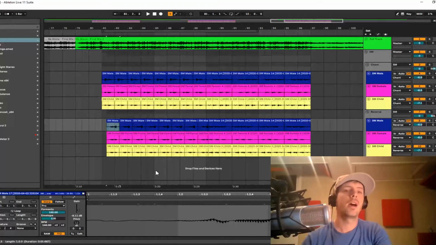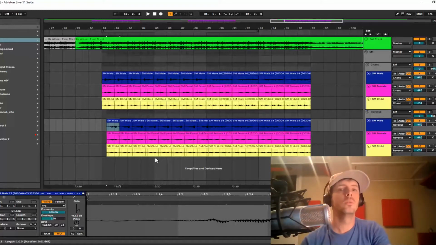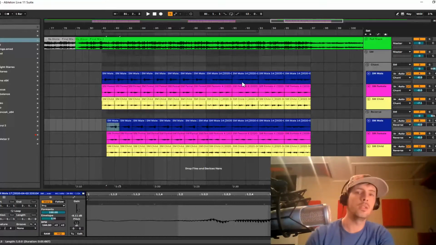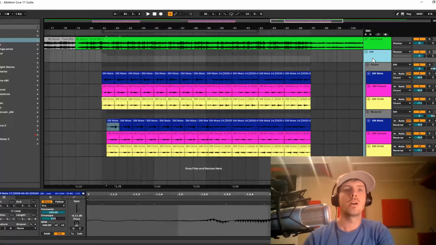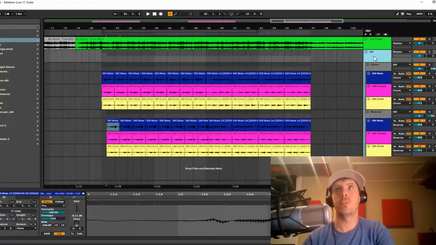As an extra tip, I would recommend trying to record your chants to flow with the beat or the rhythm. And if it's a fairly spacious song, you can mask the chants using a carrier tone. By that I mean you group both of the chants together, like I do in this SM bus here, and then use a saturated sine wave or a brown noise at the same volume.